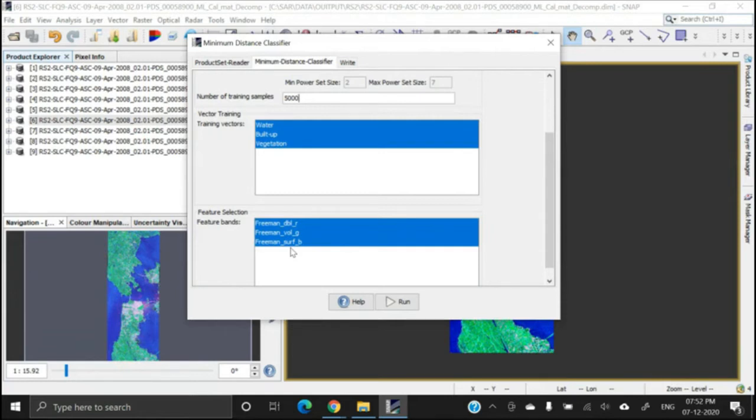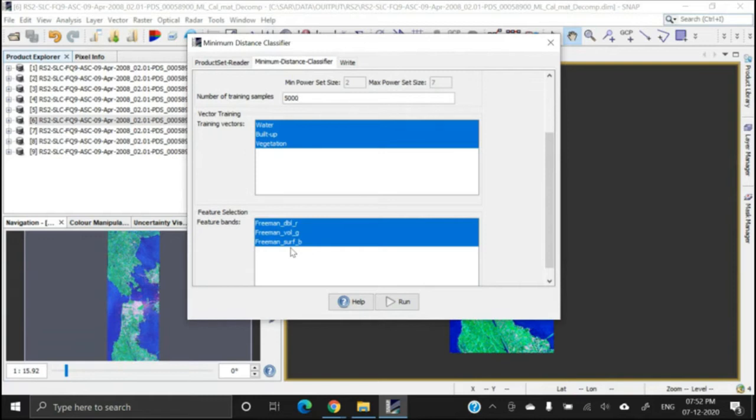So we should have quad pole data, and as you know, this classification from the raster menu cannot be performed on complex data. Therefore, we have to perform it on the decomposed data, and decomposed data are generally supplied in 3 bands. So all this 4 band data will be converted into 3 band.